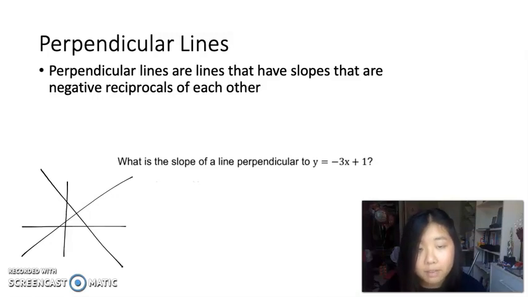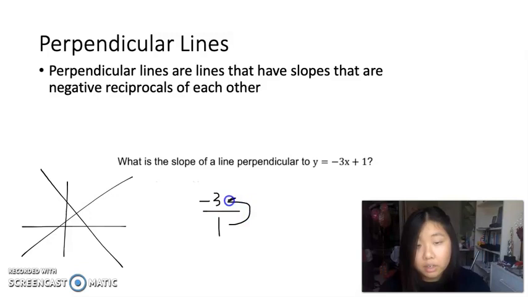What is the slope of a line perpendicular to y equals negative 3x plus 1? Well, I think it's easier to represent the slope in a fraction, even though it's a whole number. So negative 3 over 1. To find the negative reciprocal, we flip the fraction around. So the denominator comes on top to the numerator, and the numerator comes down to the denominator. So in this case, the negative reciprocal of negative 3 would be